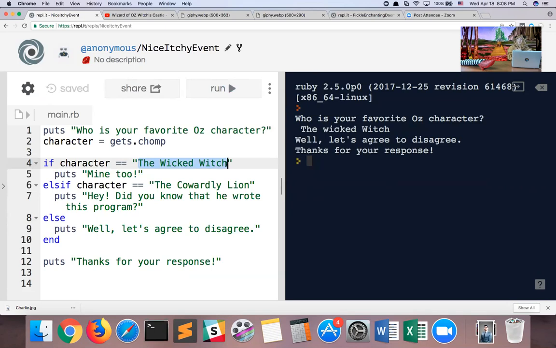Now, how would we as programmers deal with that? It would be annoying to write out every permutation, every possibility of the Wicked Witch. And it's actually not so easy to deal with these kinds of problems, but there are other things built into the Ruby programming language that make this easier.